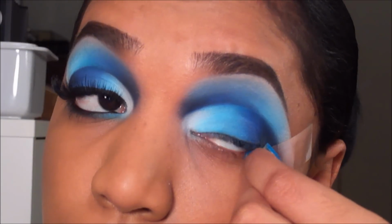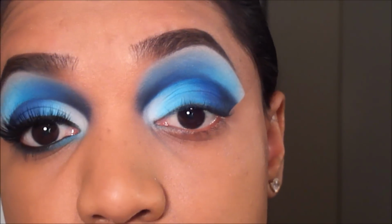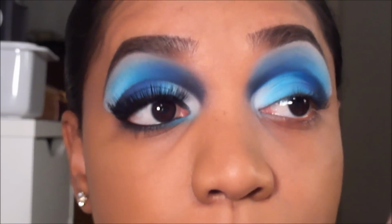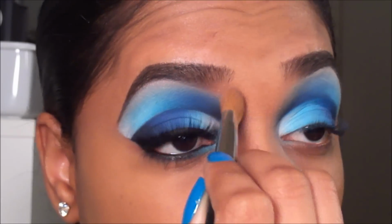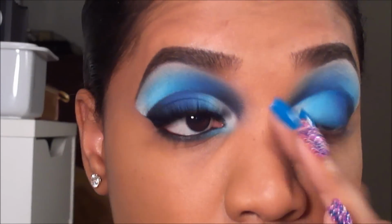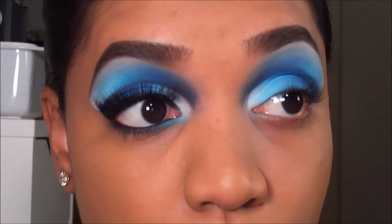Then remove the tape. So we have a nice crisp little thing going on. I'm just gonna buff out the inner corner here with just any old brush, just to tame that sharp line. Then on my lower lash line, since we haven't touched that, I got fallout all over, I'm just gonna